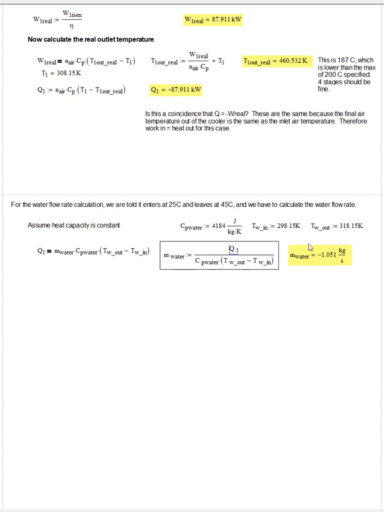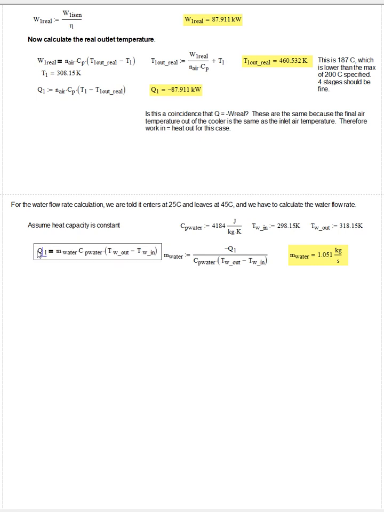I forgot my negative sign here, because the heat lost by the air is a negative sign, but the heat is gained by the water, so we have to negate that to put it from the water perspective, and we get a mass flow rate of 1.051. And I should also put a negative sign in here as well. But the mass flow rate of the water is going to be 1.05 kilograms per second,